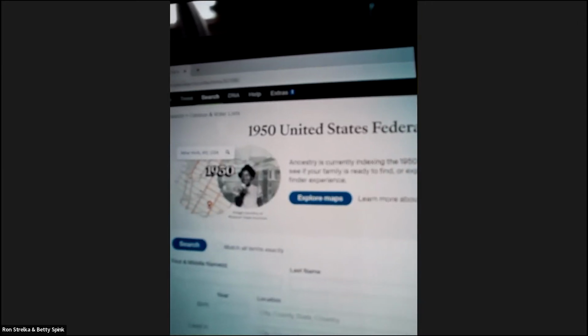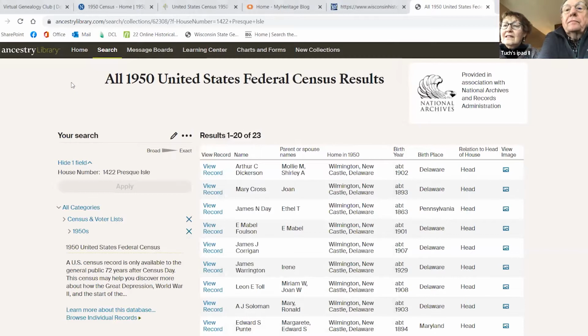1950 federal census, and it says explore maps. And do you see that picture of the woman, a black woman, and it says 1950 in the map? Go to the bottom of the screen where it says share screen, and then you can pull it up on your computer. I'm on my phone for the video, and I'm on my computer for the